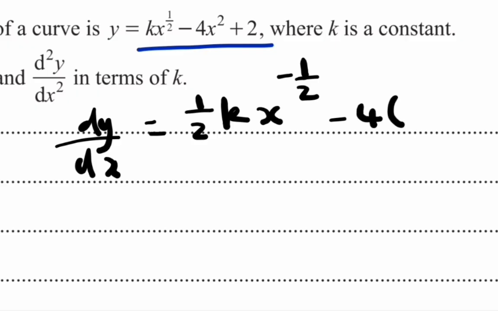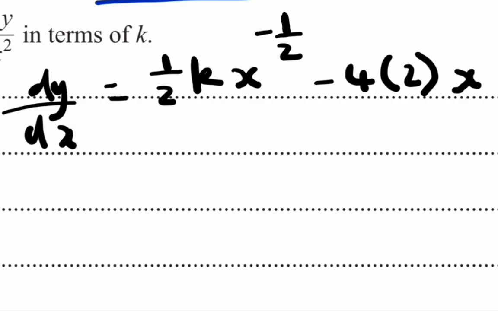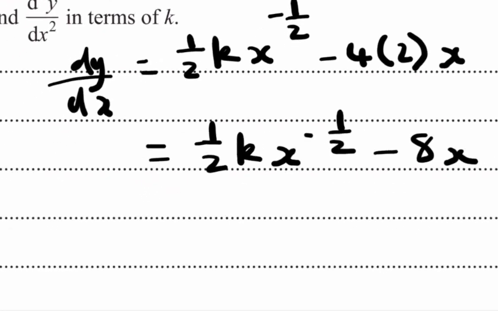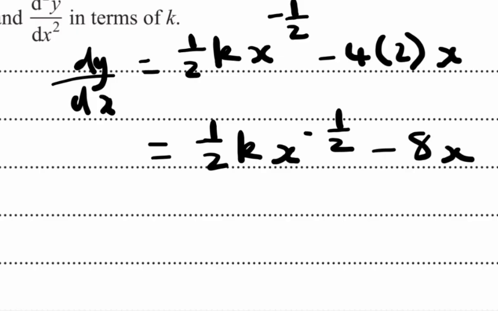And again, we're taking the power down, subtracting 1 from the power, we're left with x. And if we differentiate a constant, which is just a number without a variable next to it, we get 0. So our first derivative, dy/dx, is half k x to the power minus half, minus 8x, like this. And differentiating this for the second time to get the second derivative,